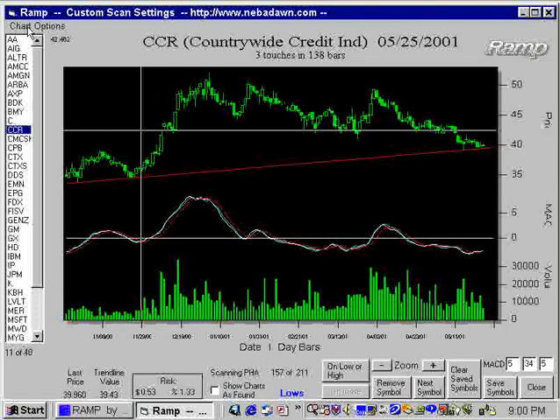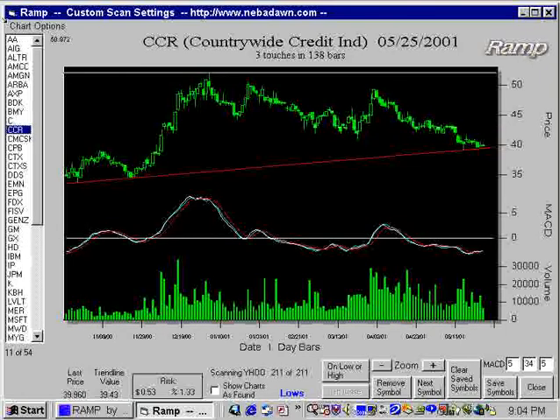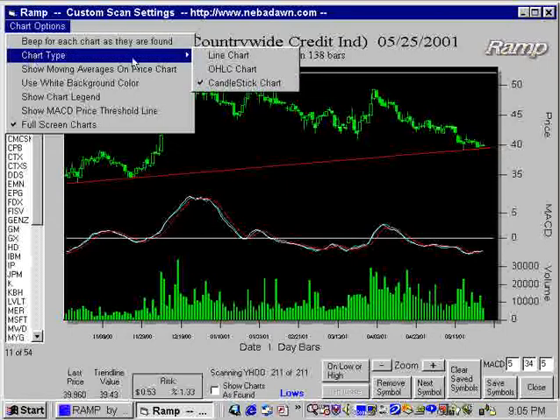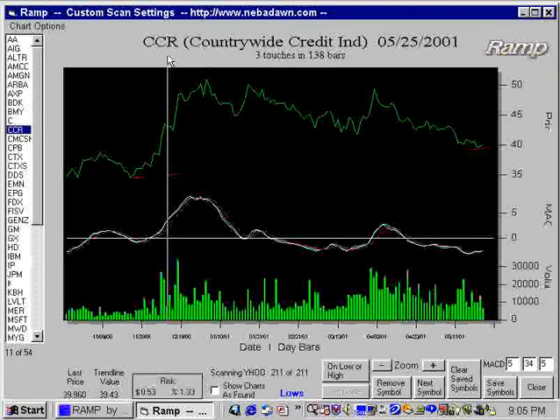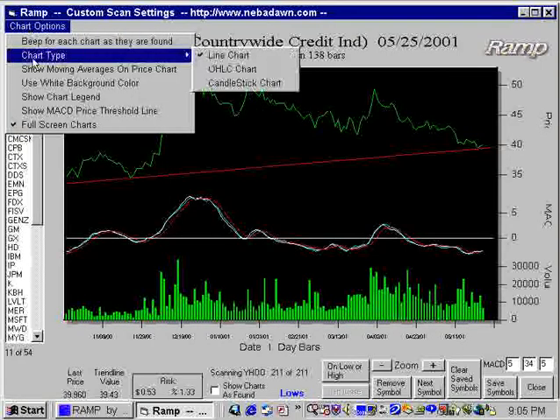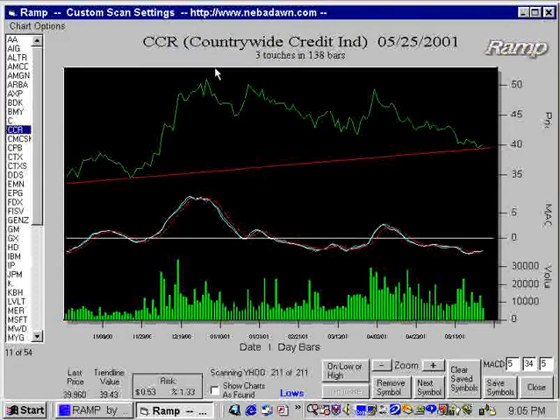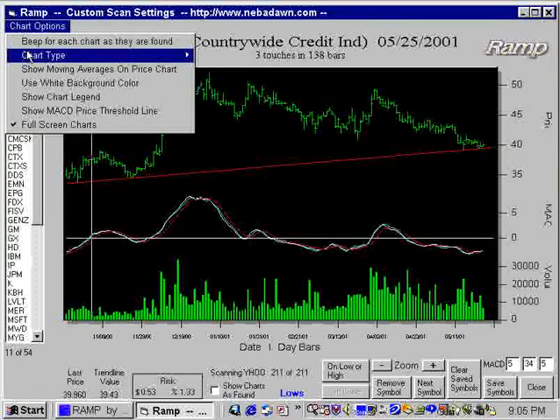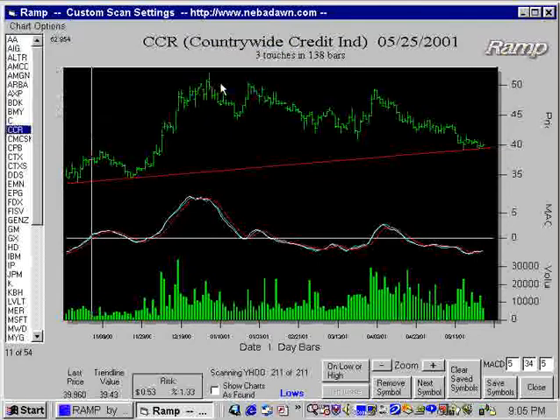Up in the upper left you can see chart options, and we'll take a look at some of the chart options. Under chart options, I can change the chart type to a line chart, or I can do open, high, low, close. All of them work equally well. They're all dynamic during the scan. For the rest of our conversation, I'll stick with a candlestick chart,